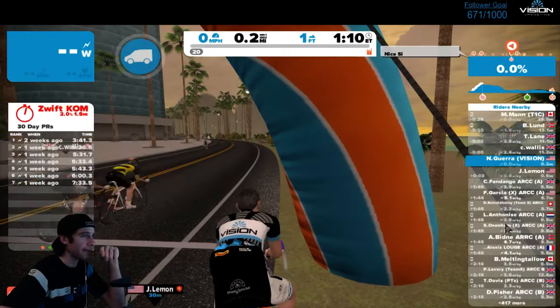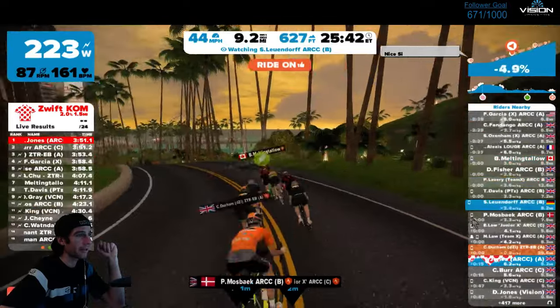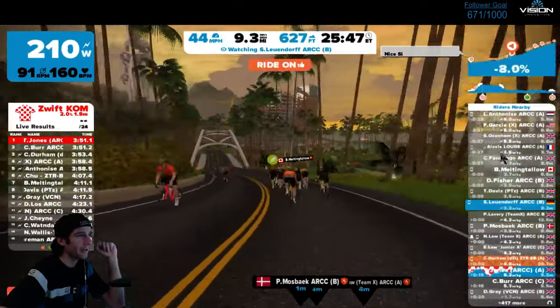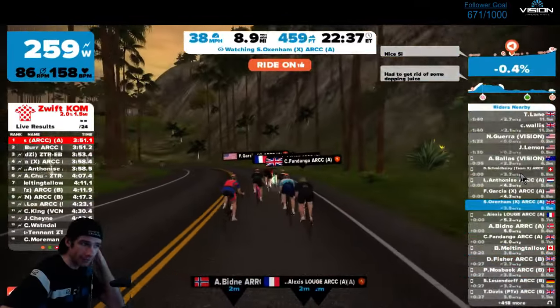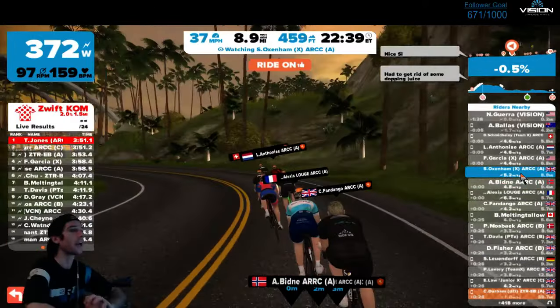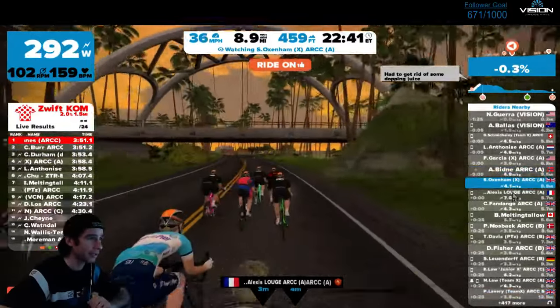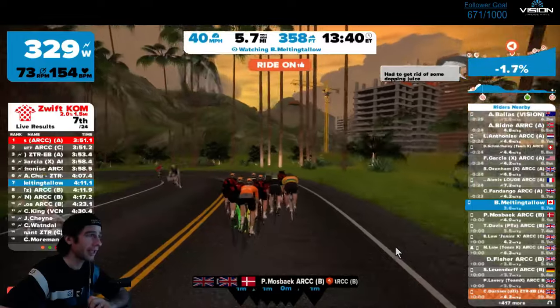We'll have to go back to my rider to pick up anything here. And now we have the front of the race here. It looks like the front of the race has gotten a solid almost 30 seconds on the rest of the riders as the chase group of Melting Talo,